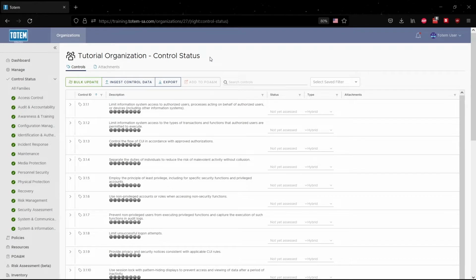In this tutorial, we will show you how to search for and edit comments using Totem, our Cybersecurity Compliance Management tool. As you are performing an assessment of your cybersecurity program and building your system security plan, you'll likely encounter scenarios where you need to add an explanation or context to an organizational action. This is where the comments feature in Totem comes in handy, which you can find on the control status page